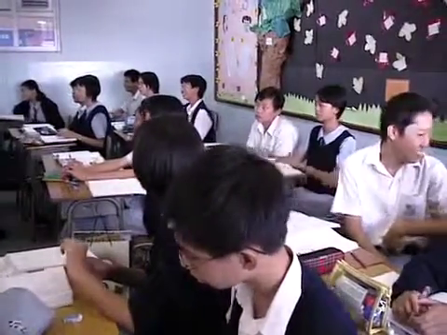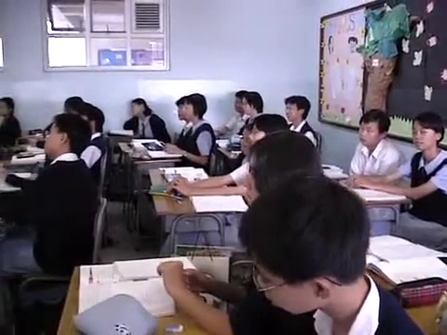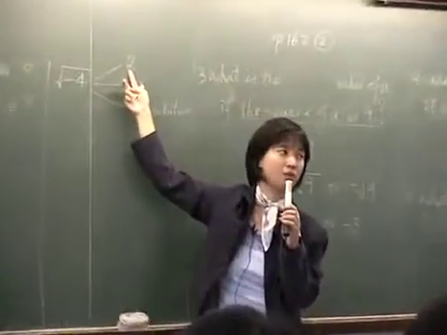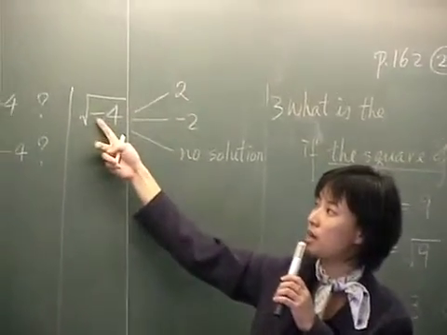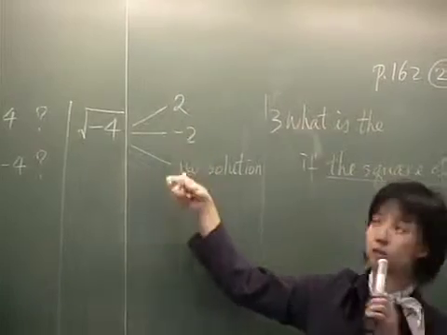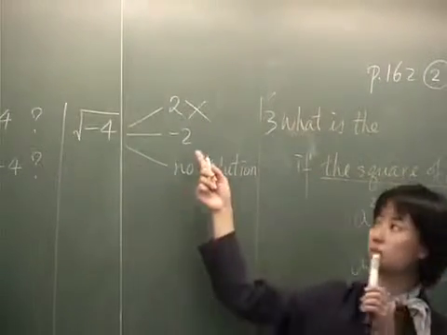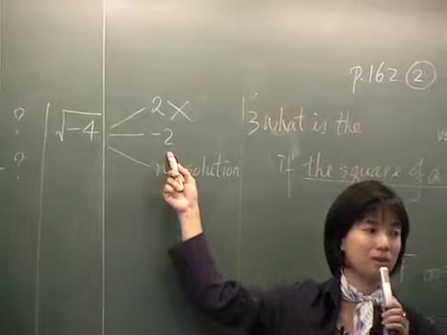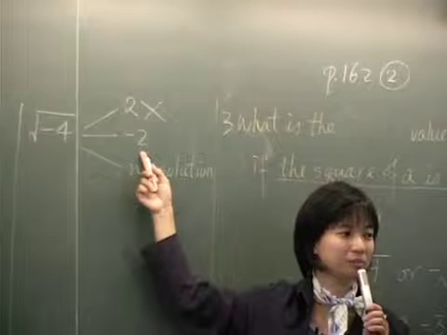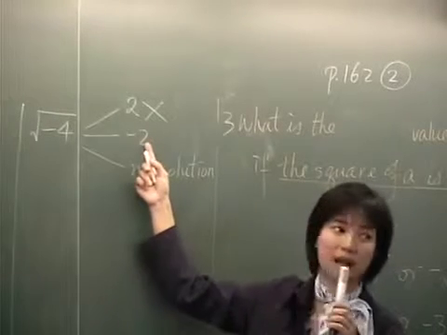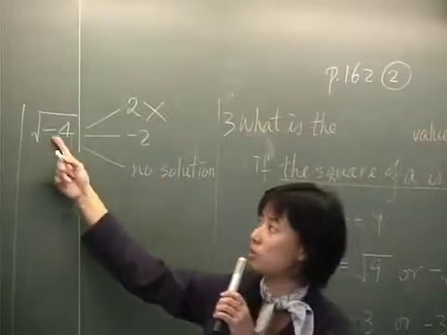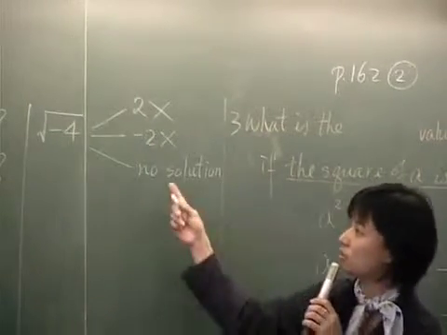Why? Because taking the square root means finding the number times itself that equals negative 4. So 2 times 2 is 4, so it does not equal negative 4. How about negative 2? So this answer is incorrect. How about this? Is it correct? If you think it is correct, please put your hand up. Why? Because negative 2 times negative 2 equals 4, so it does not equal negative 4. So there is